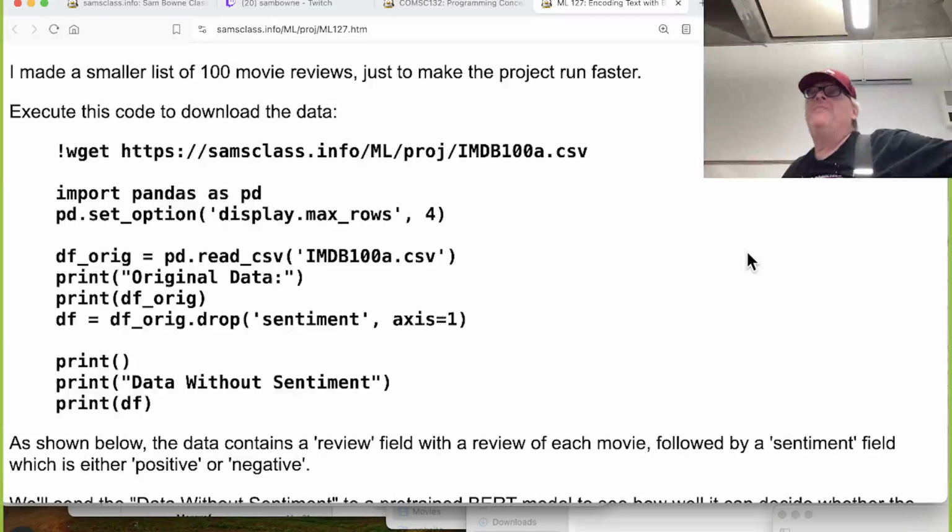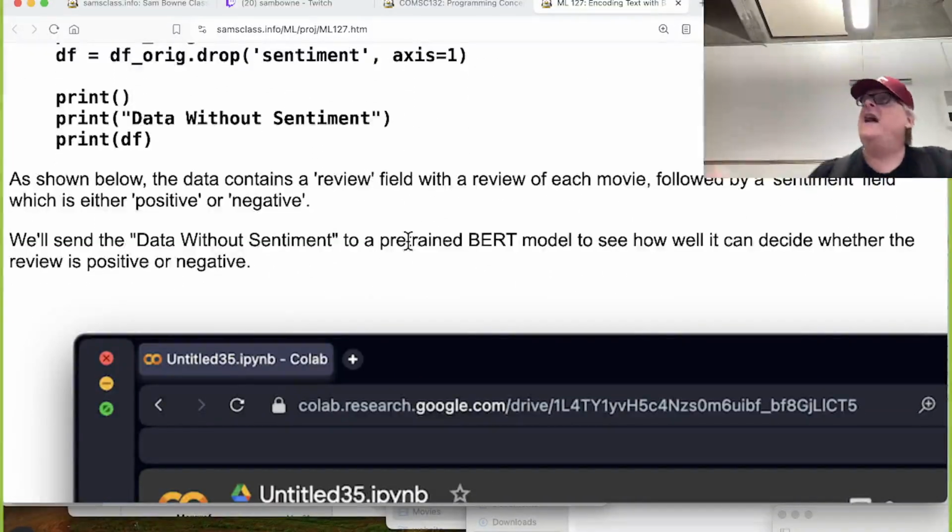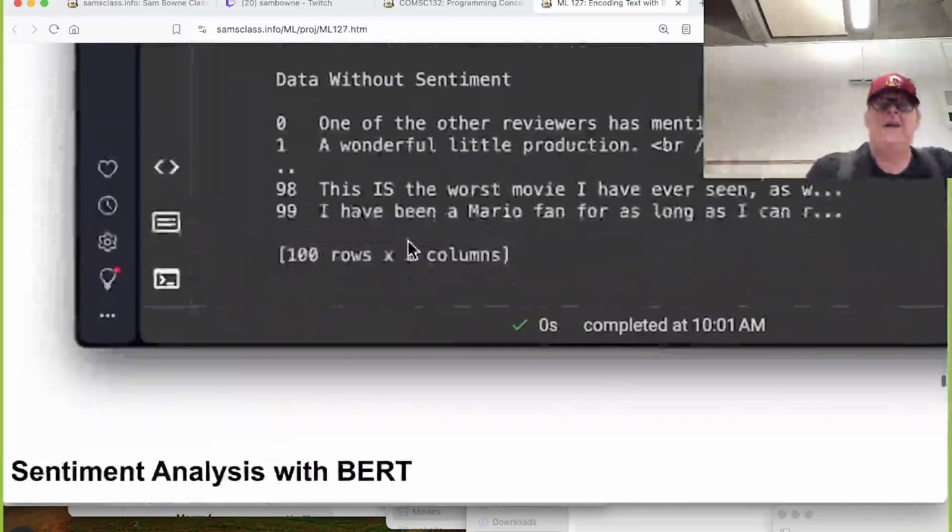If you want to see, you have movie reviews that will be like a whole page of text, and you want to boil it down to good or bad or something. So you download some movie reviews and you get them with the number of stars, which is the summary of good or bad. So you have effectively labeled training data. You have a bunch of text and you know with the number of stars whether they thought it was good or bad. So you can see, can my LLM read that text and predict whether the movie is good or bad? And that's what you have here.